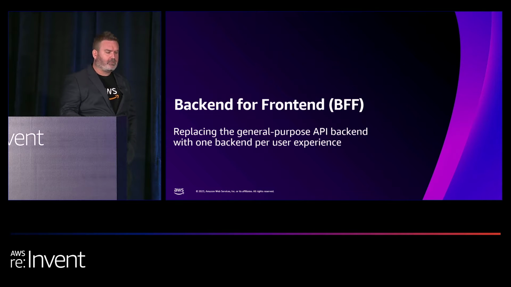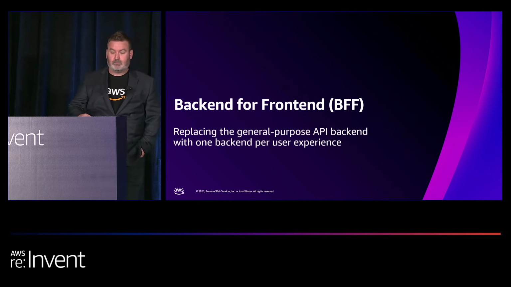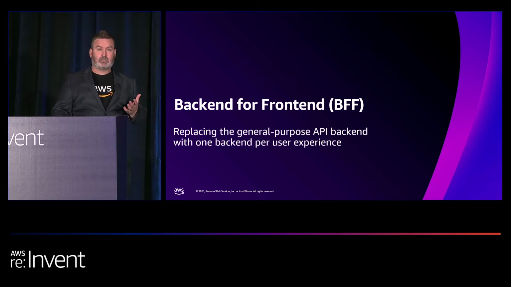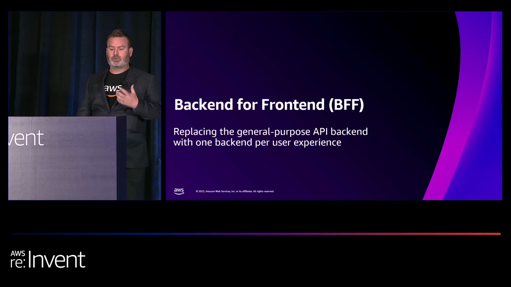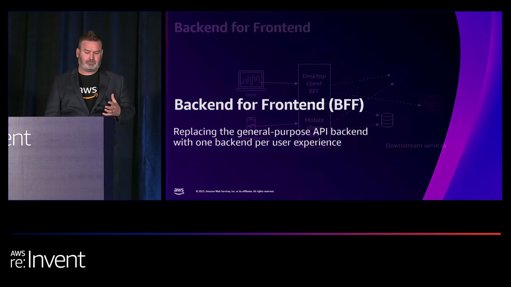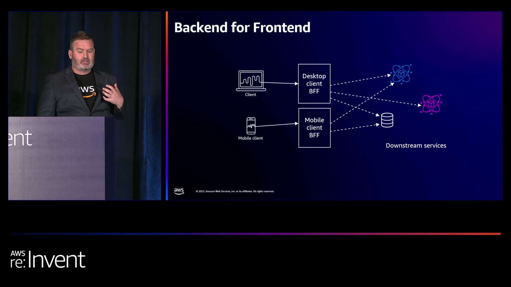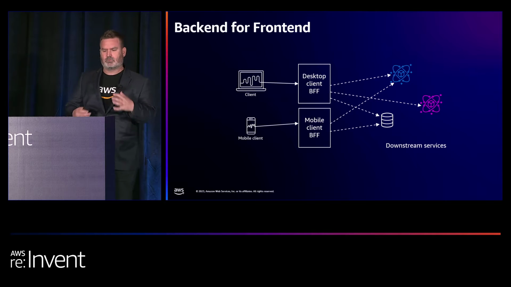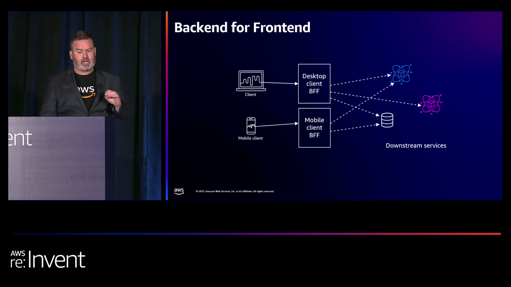So the backend for front-end pattern essentially refers to having one backend per user experience, instead of having only one general purpose API. So this is where the backend for front-end pattern comes in to support solving these issues that we've just discussed. To address the challenges of overfetching, underfetching, everything we've just discussed, we look at a backend for front-end pattern